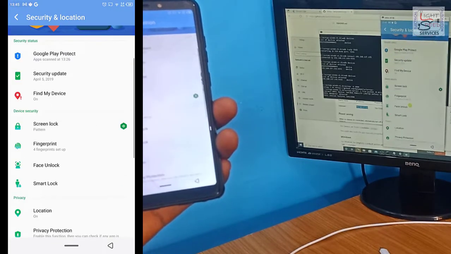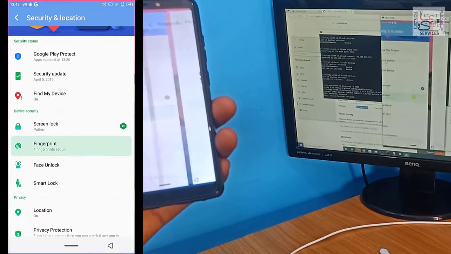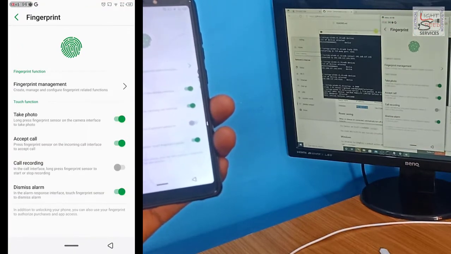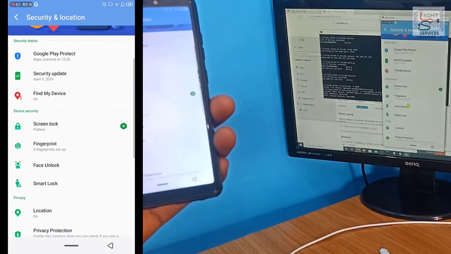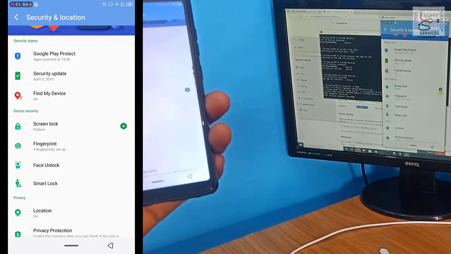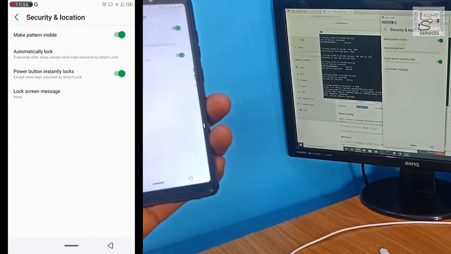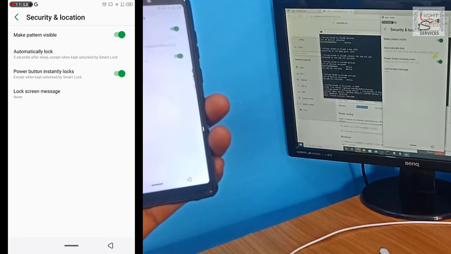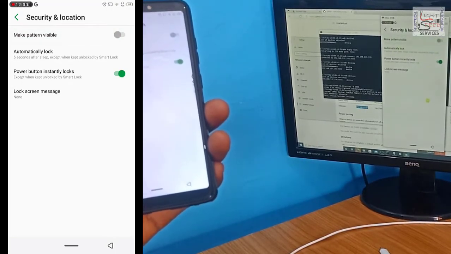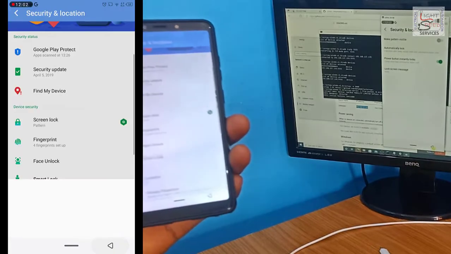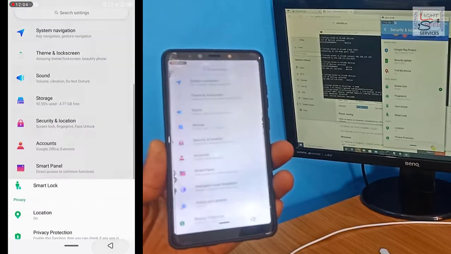I have to have your original password to be able to do this. For example, I have to know your screen lock. Then I can delete your fingerprint and lock you out completely. So this is a very powerful tool because it gives you total access to the person's phone.